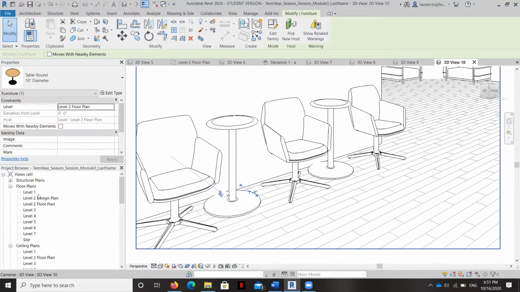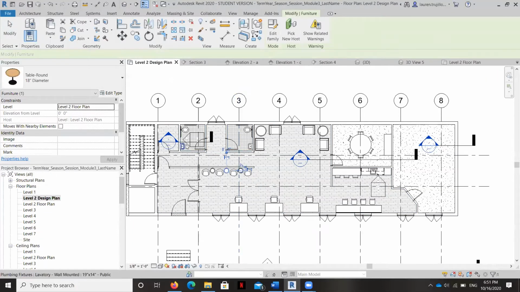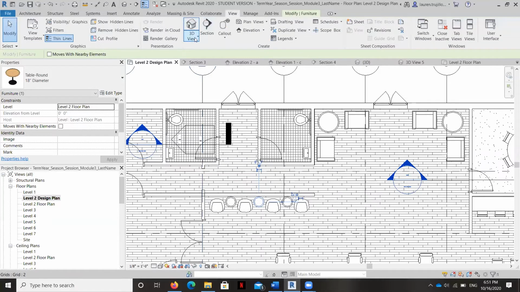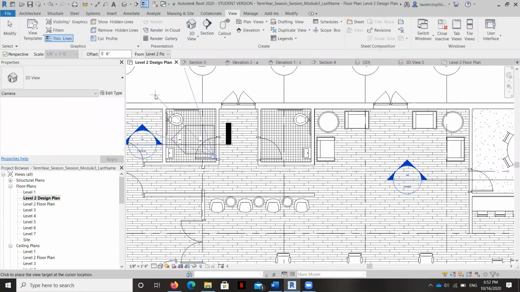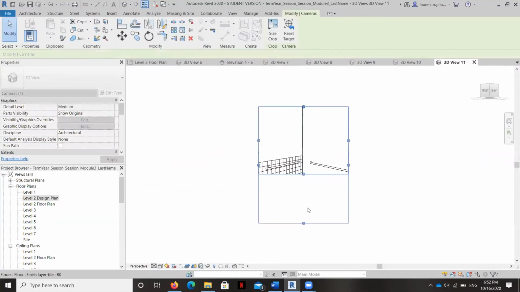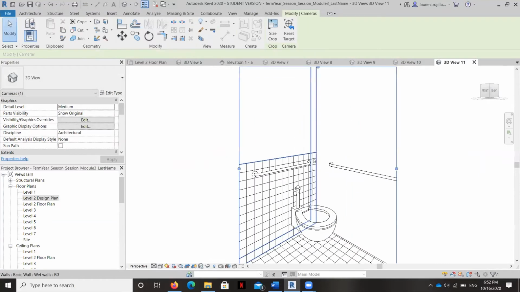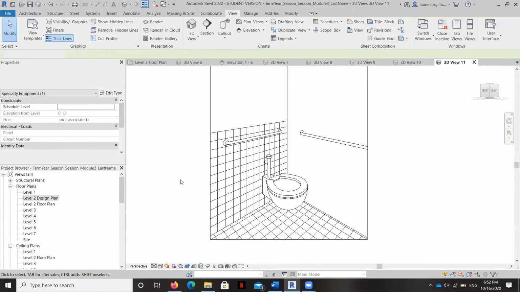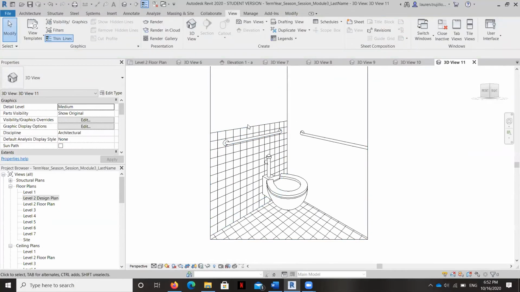The other thing that I want to draw your attention to is, remember how we created this beautiful split face in a previous video, where we can see here with a camera view our split face right here. And so this is another simple way of applying finishes. And you can see here, this probably needs to pop out just a little bit more because it's still recessed just a little bit. But remember how we created a wall finish on the interior side of this wall, and here I can show you.